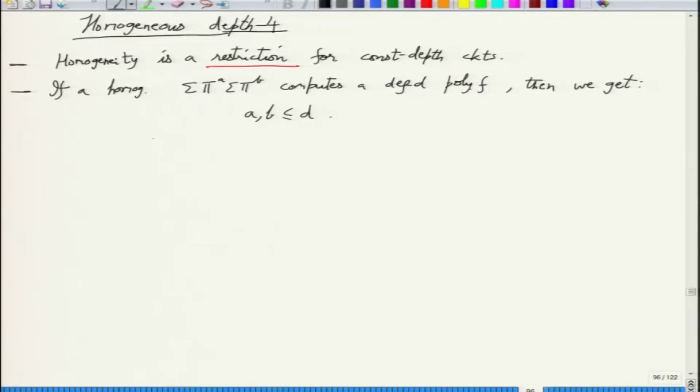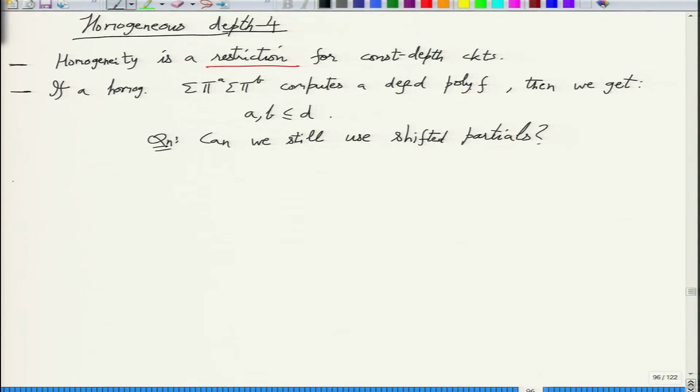So the question is, can we still use shifted partials? The problem with shifted partials is that in its lemma 1, which was the upper bound, you will get a trivial upper bound if you take AB to be D. So that will not see anything special about the model. So that has to change.